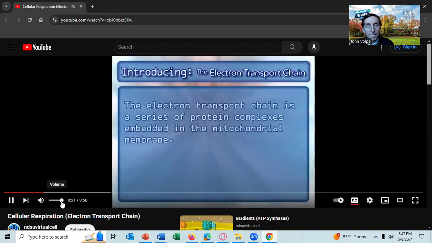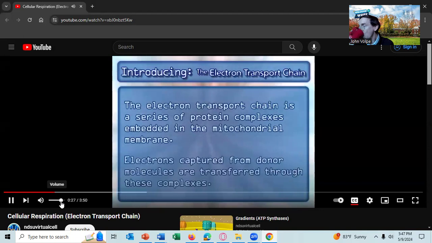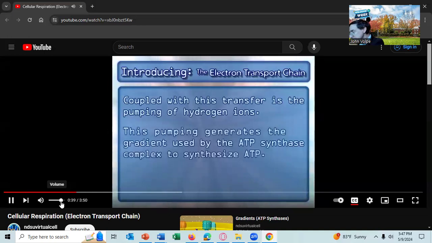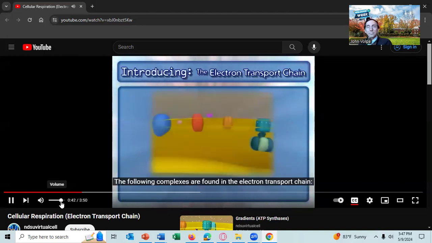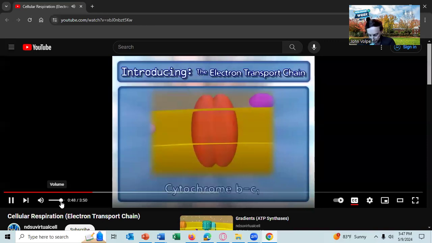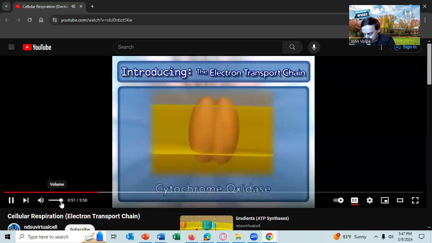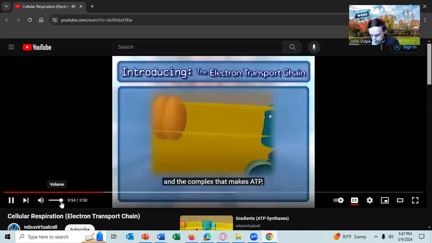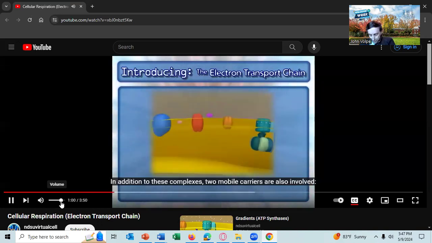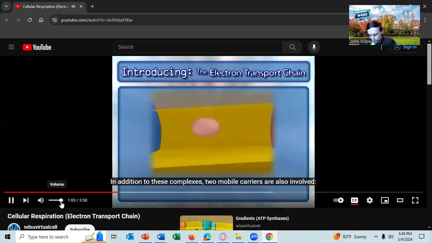The electron transport chain is a series of protein complexes embedded in the mitochondrial membrane. Electrons captured from donor molecules are transferred through these complexes. Coupled with this transfer is the pumping of hydrogen ions. This pumping generates the gradient used by the ATP synthase complex to synthesize ATP. The following complexes are found in the electron transport chain: NADH dehydrogenase, cytochrome BC1, cytochrome oxidase, and the complex that makes ATP, ATP synthase. In addition to these complexes, two mobile carriers are also involved: ubiquinone